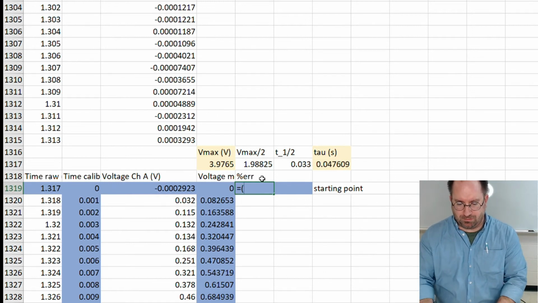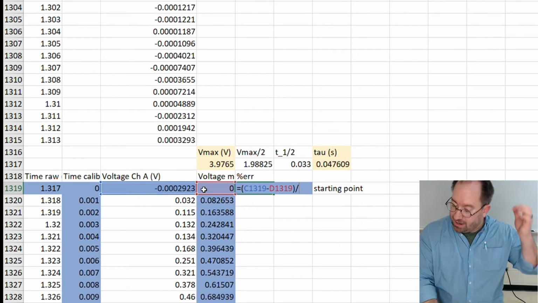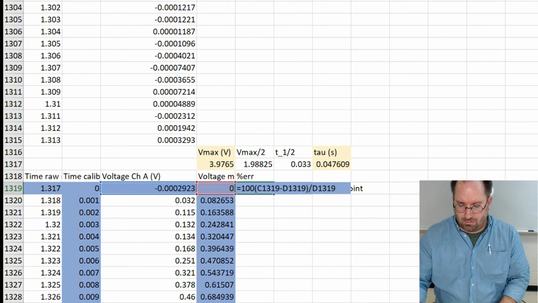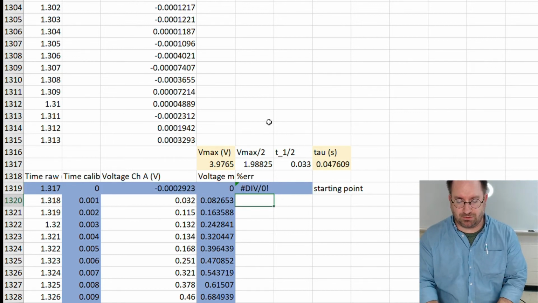Equals open calculation. We're going to take the data minus the theory, close that. We're doing percent error, so we only need to divide by the theory, and I need to put this times 100, so we can just click in the field up here, 100 times. Hit enter. That's going to say div 0 because we're trying to divide by 0 on that particular cell,